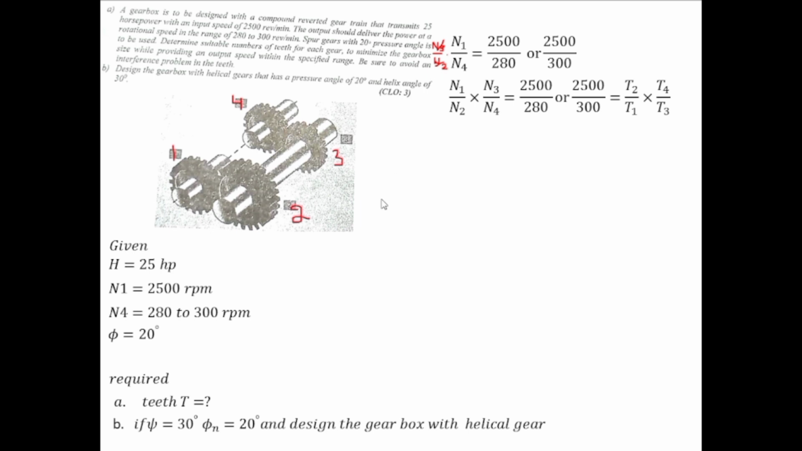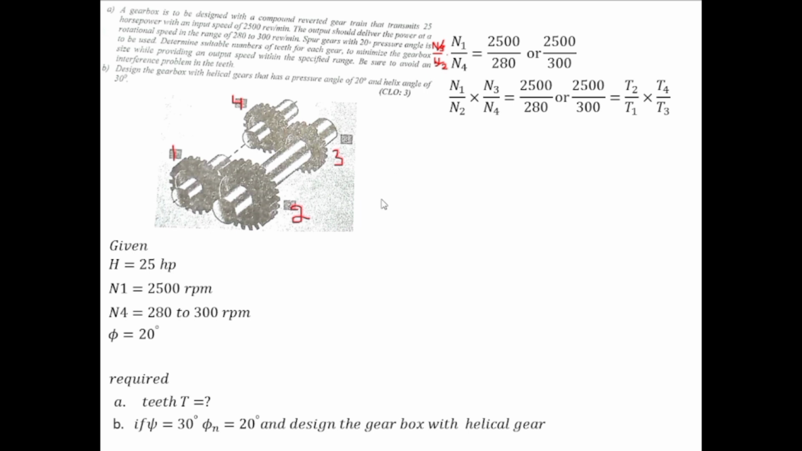So first of all, as we want to reduce the speed from 2500 to 280 rpm, n1 divided by n4 will be equal to 2500 divided by 280 or 2500 divided by 300. So this is the speed ratio that we are required to have after designing the gearbox. As gear 2 and gear 3 are on the same shaft, if we multiply by n3 over n2 over here, it will cause no harm because they can be cancelled out with each other, and we can rearrange it like